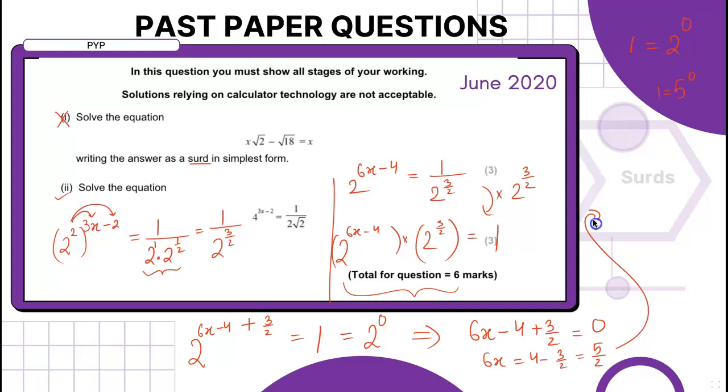I'm writing there, less space. I will try adding one slide for solving from next time. So 6x is 5 halves. So x will be, just divide by 6, 5 by 12. And that is your final answer. It was not difficult, 100%. It was for 3 marks.